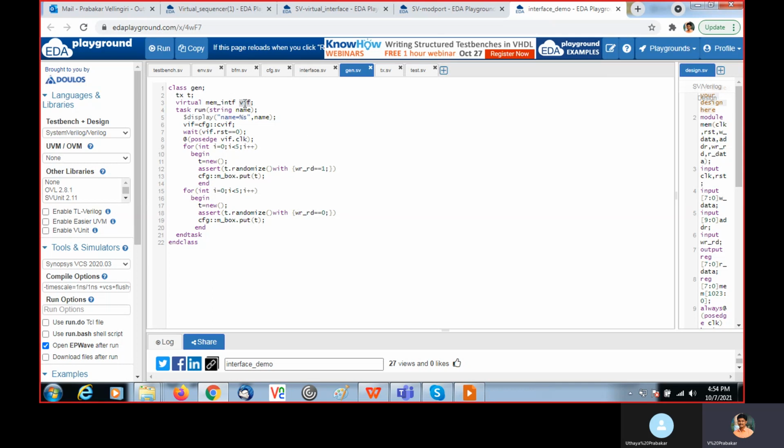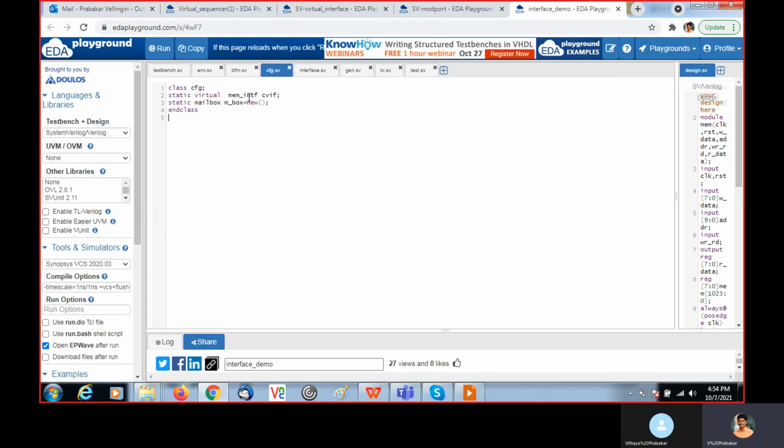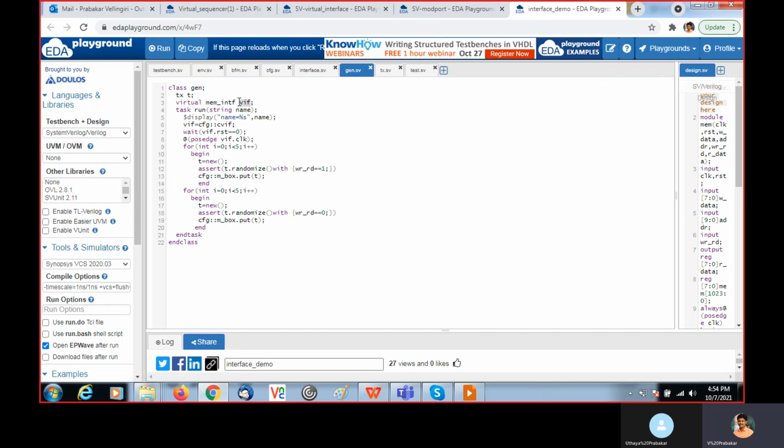So for this, we need to assign the stored value. See, VIF equals 100. That 100 we need to pass to this interface handle which we created here. Within the run task, see here this line, CFG scope resolution CVIF.